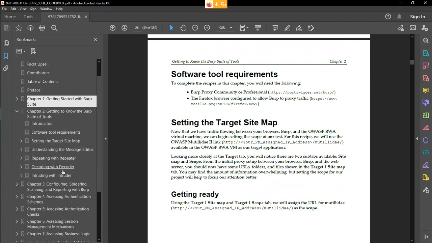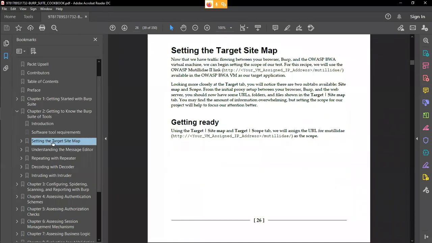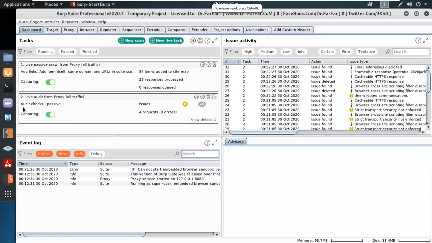The most important thing is to understand the methodologies or the tools they are using: Repeater, Decoder, Intruder. You're understanding the message editors, setting up the target. सबसे ज़्यादा important है आपको URL को understand करना कि URL actually है क्या. For example, अगर आप यहाँ पे देखो,